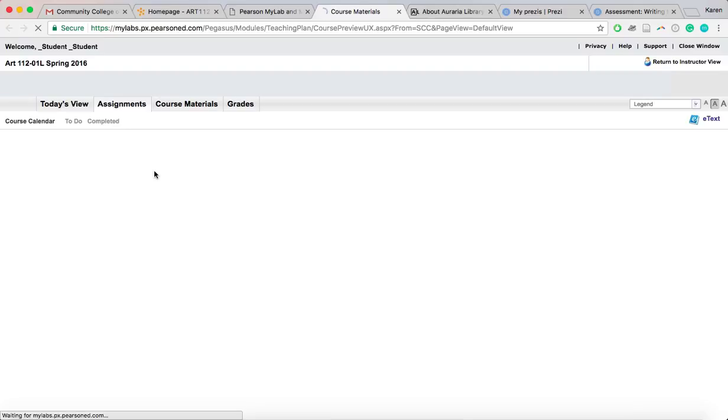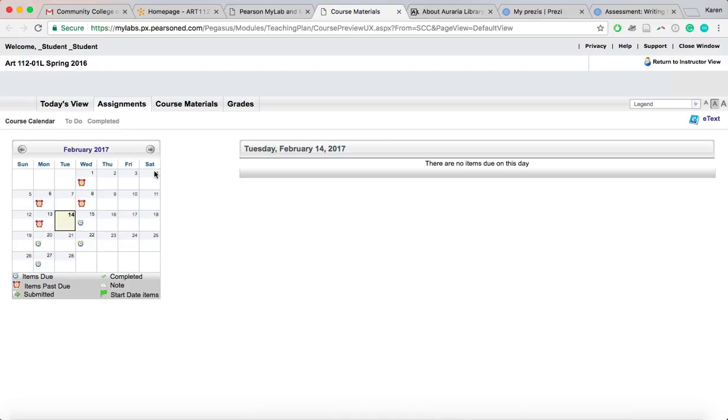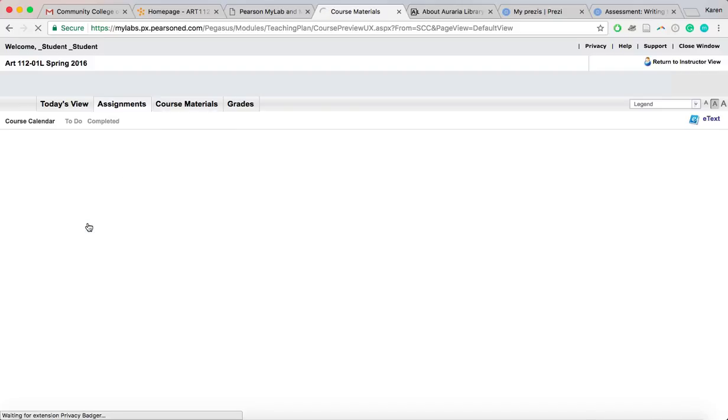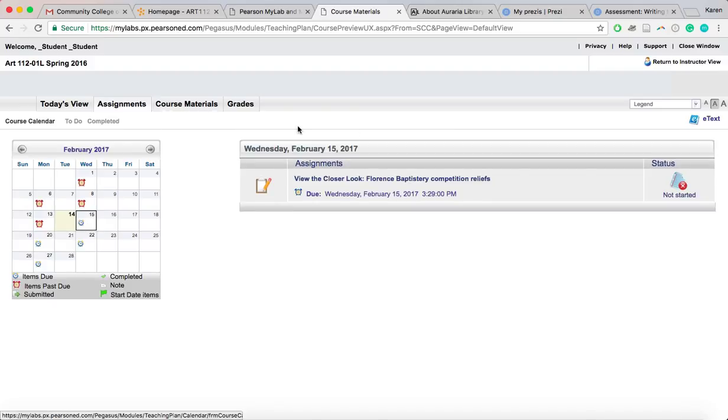And once you get to the assignment calendar, you will see this screen page. And as you can see in the key down here at the bottom of the calendar, we've got items that are due in blue with a little clock and items that are past due in a little red clock. Okay, so if you want to look for what's due at our next class, you'll click on that day and you'll see you have this activity. So you will click on this link